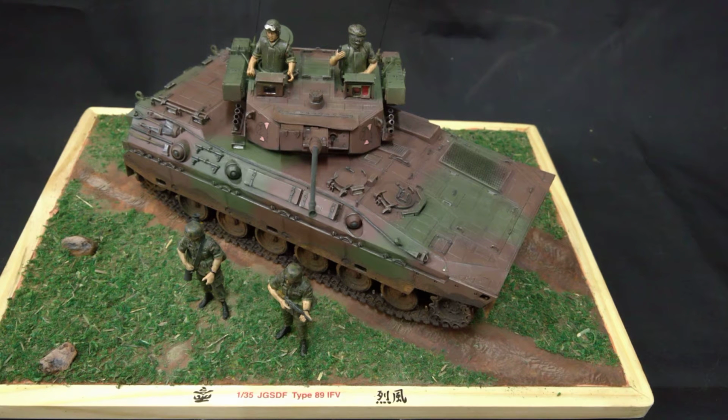This is the final reveal of the JGSDF Type 89 IFV, Infantry Fighting Vehicle, Modern Japanese Army. Type 89, as in it was adopted in 1989, even though it was designed much earlier. But anyway,